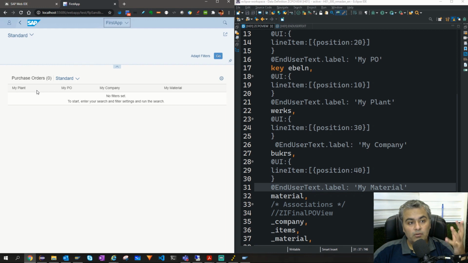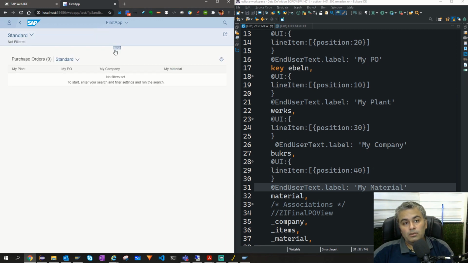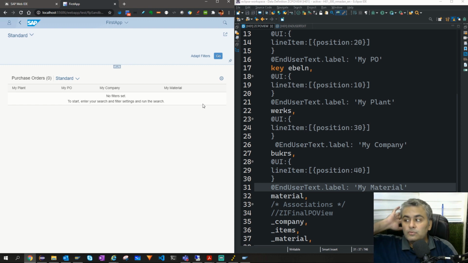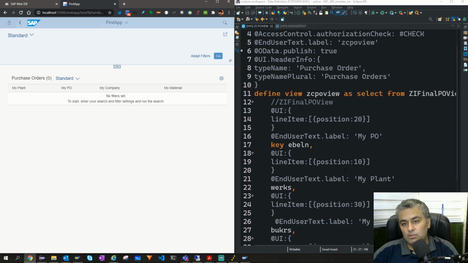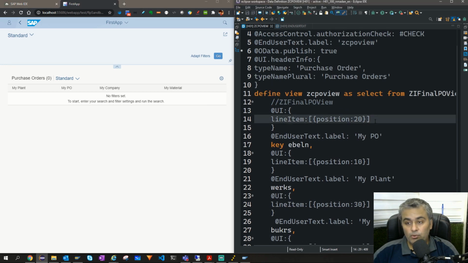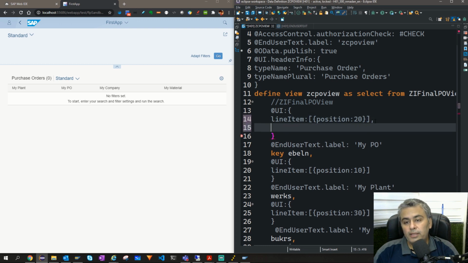So now we have my plant, my PO, my company. But if I look at here, there are no filters coming, right? So for filters also we have annotations, right? So what you need to do is, in UI only, you have an annotation name, like you have line item, you have selection field, right? And that is also an array, and